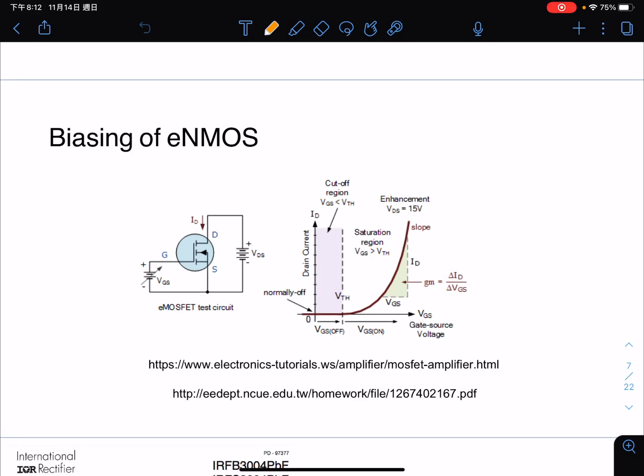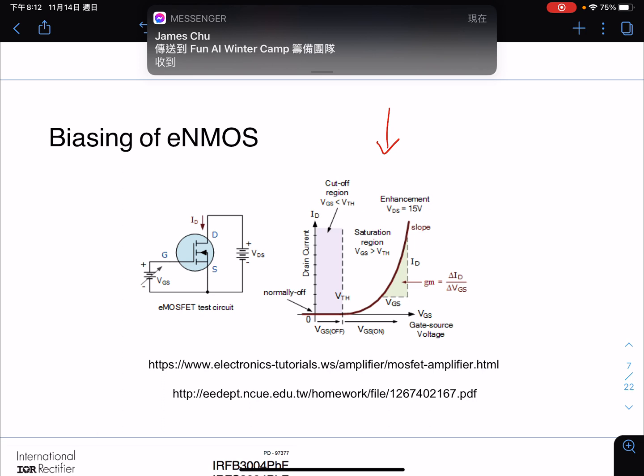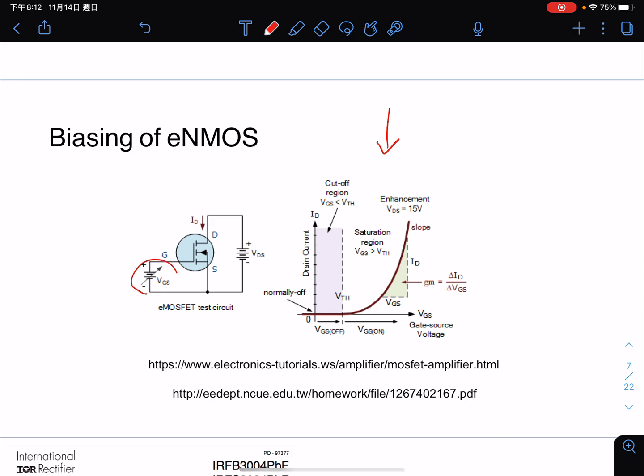Let's use the enhancement mode N-channel MOSFET as an example. This is the one, and this is the characteristic curve of such a transistor. First of all, as we stated before, we need a positive